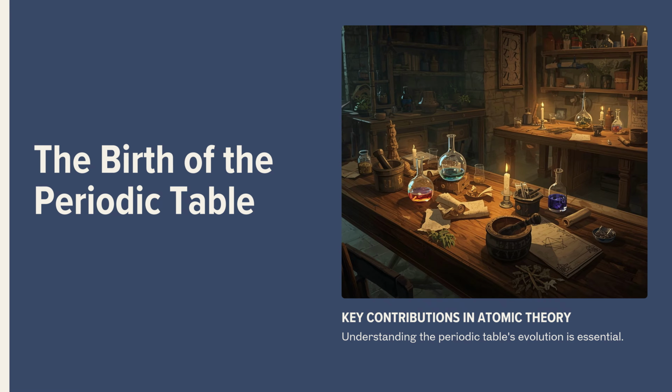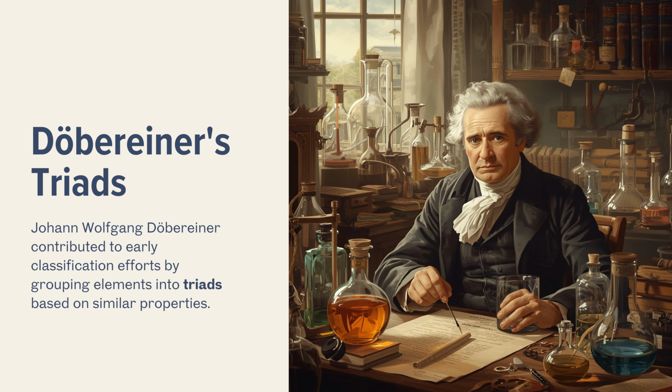So our mission today, for you listening, is to cut through that timeline. We want to pull out the key moments, the breakthroughs, maybe some surprises, and really understand the people who turned this elemental chaos into the predictive tool we have now. And it's important to get this up front. It wasn't a smooth, linear path, not at all. The table we know today is built on almost a century of trial and error, some ideas that worked partially, others that didn't, and definitely some serious competition between scientists. Rivalries even. Sometimes it really came down to who published first or who was willing to stick their neck out with a bold prediction.